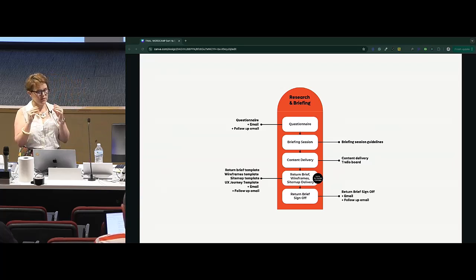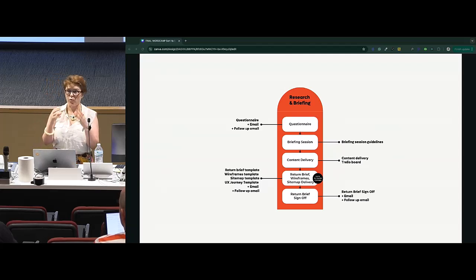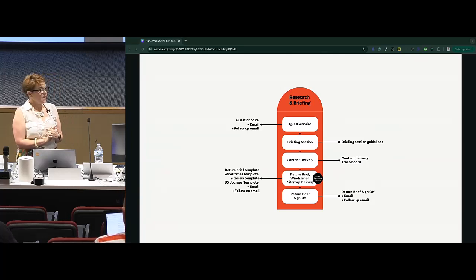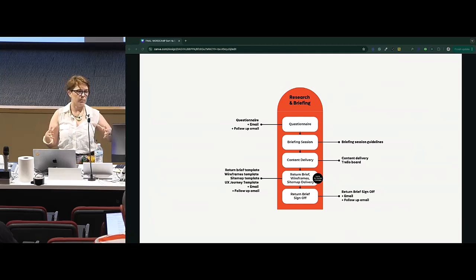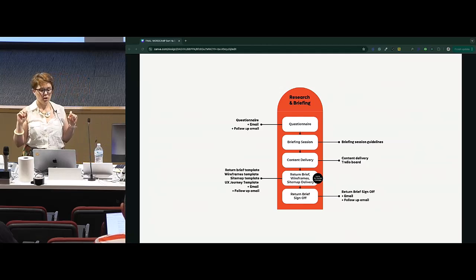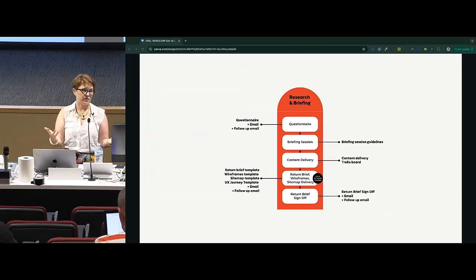And this is really just to dig in to the questionnaire and make sure I fully understand the project scope, and we can dig into anything we didn't in our discovery call. Once the briefing session is complete, I then collect content from them. So I actually manage my projects with my clients entirely within Trello. For each project, I have 2 Trello boards. One is client-facing, and that's where I gather all the information from them. I deliver all their site homepage concepts on that. I gain feedback from them on that. And I also deliver the site iterations once it's built on that as well.